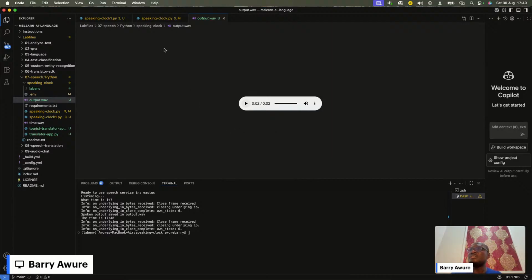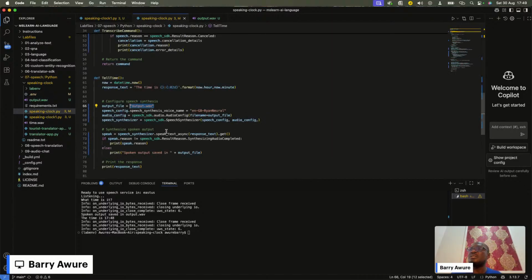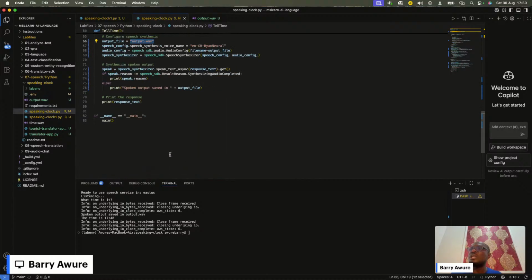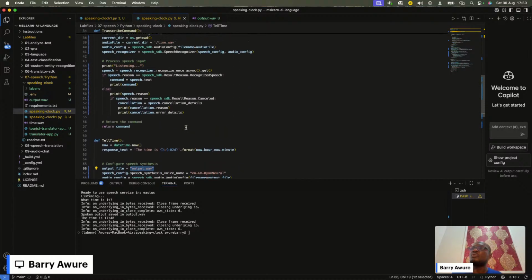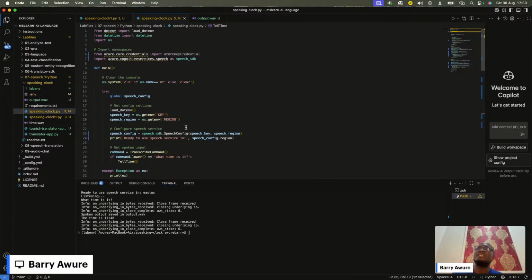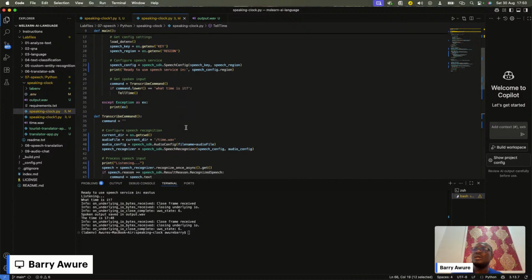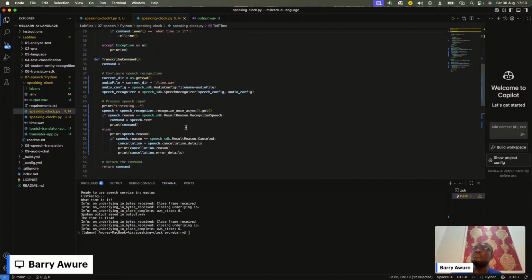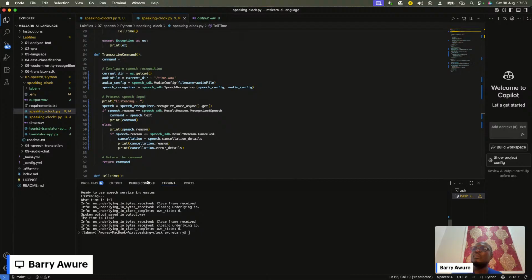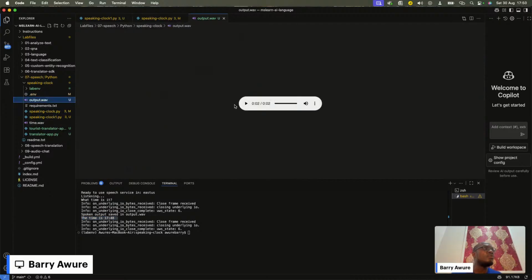So you notice that the major thing that we just did was to change just a few lines of code, input some few lines of code into our already existing code, and with that we're able to connect to Azure, and then we're able to take in inputs from our own speech, from our own application, which is making a request to Azure on what the time is, and then it returned this to us in text, and at the same time returned it to us in an audio format,